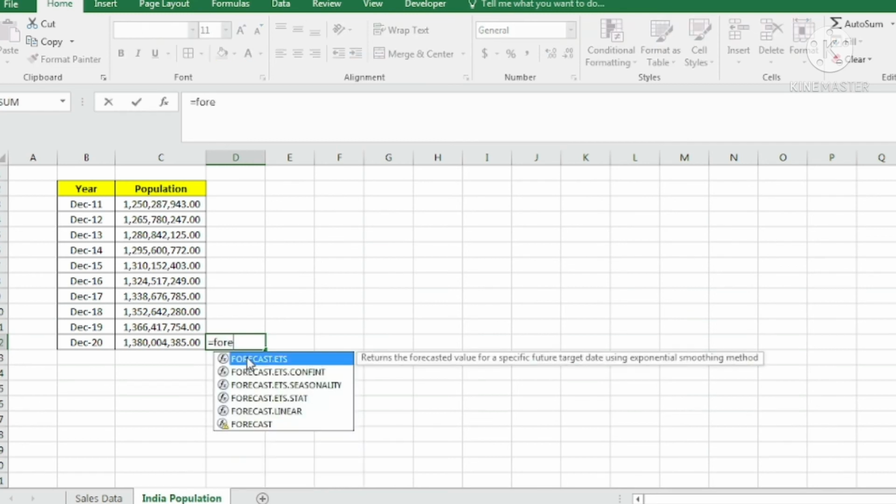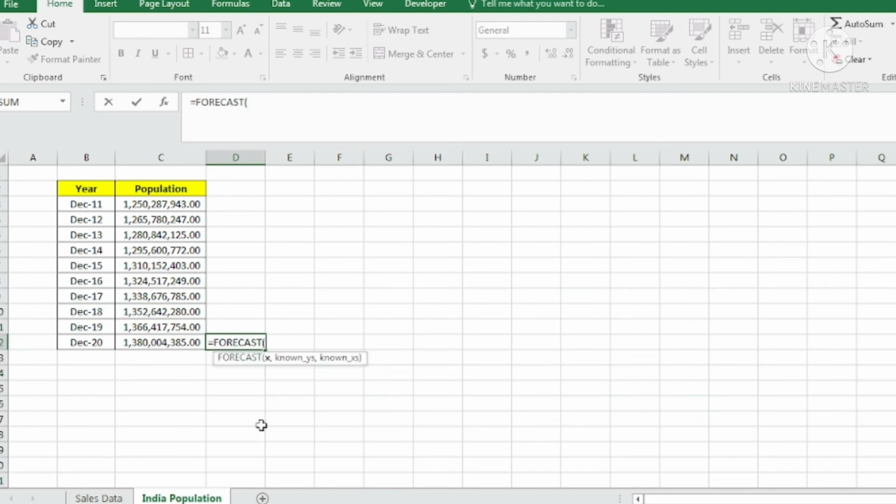Equals FORECAST. This is what I am going to use. Tab, X. X is the month or the year for which I am going to forecast this. So this is what I am going to use, comma, known Y, the figures that I have. So I am going to use the figures from 2011 to 2019, because I am going to predict for 2020.